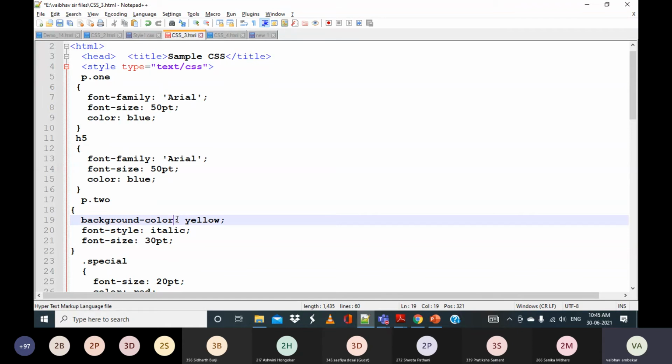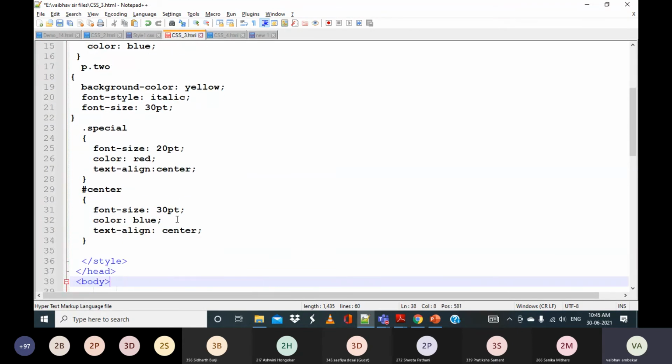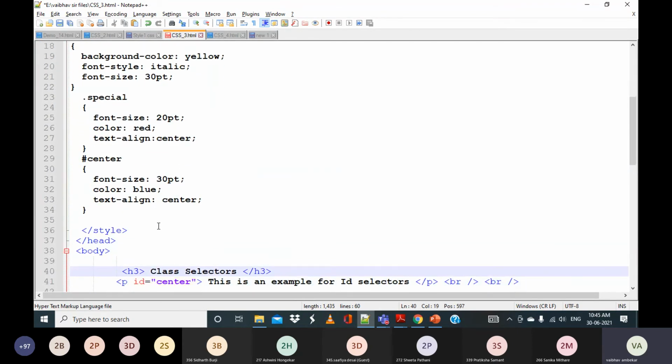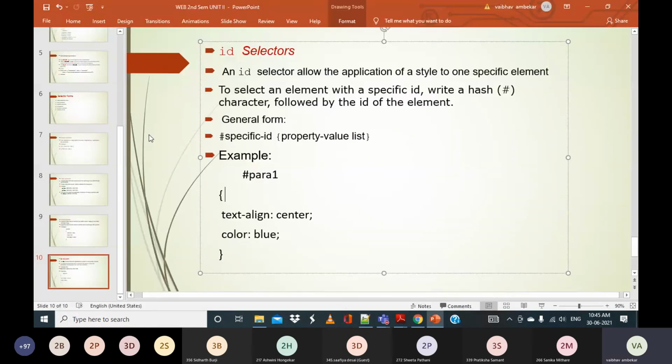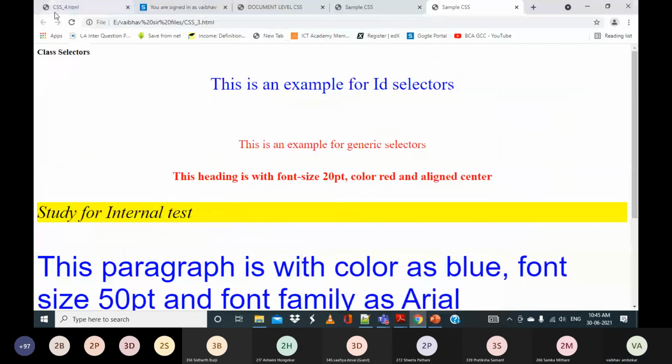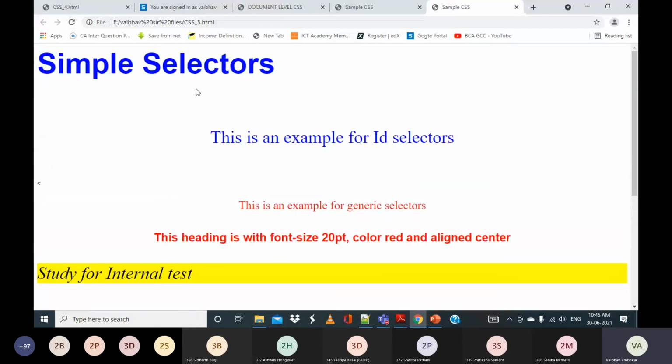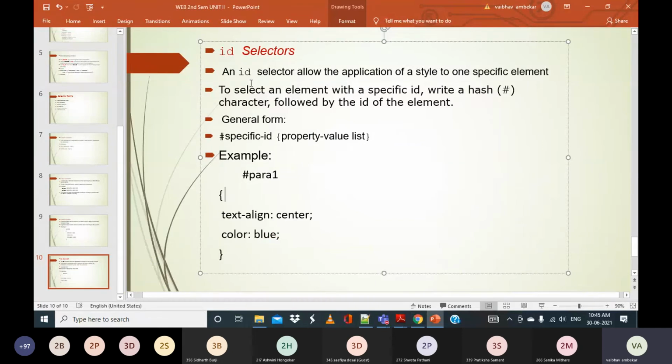Now assume that I use h5 here. Simple selectors, yes or no? It will become simple selectors. So what properties has it got applied?